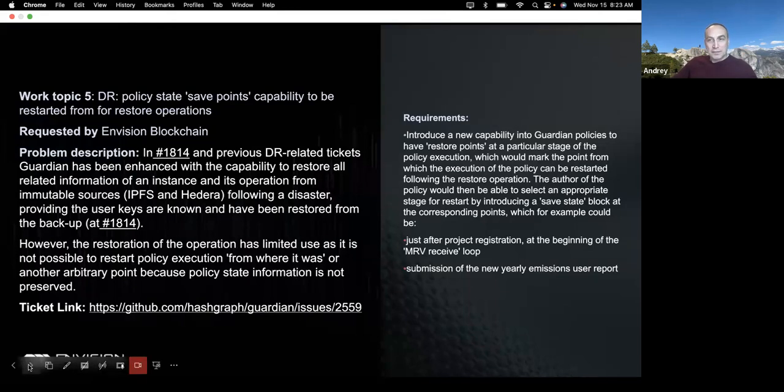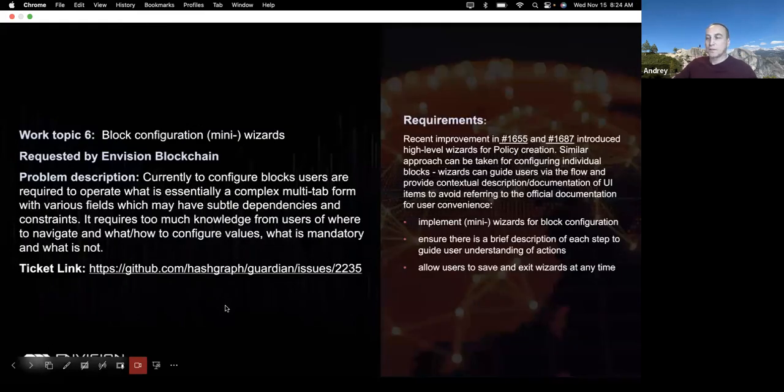Okay, moving on to the next one, please, Prina. Work topic 6. Yes. So this, as Daniel mentioned earlier, this work topic targets the usability or the ease of creation of policies for policy authors. We have been steadily enhancing that experience for policy authors with various suggestion tools, for example, and syntax highlighting tools, even some of the earlier tickets that we discussed to do with being able to search for examples of how this particular block's been used before or in other policies.